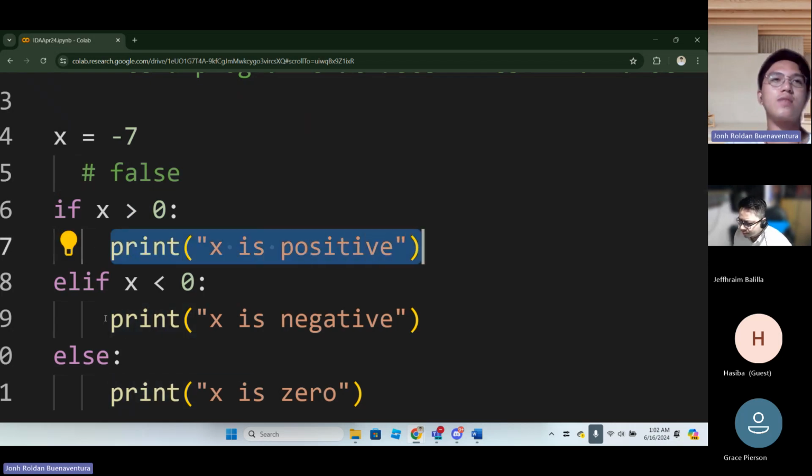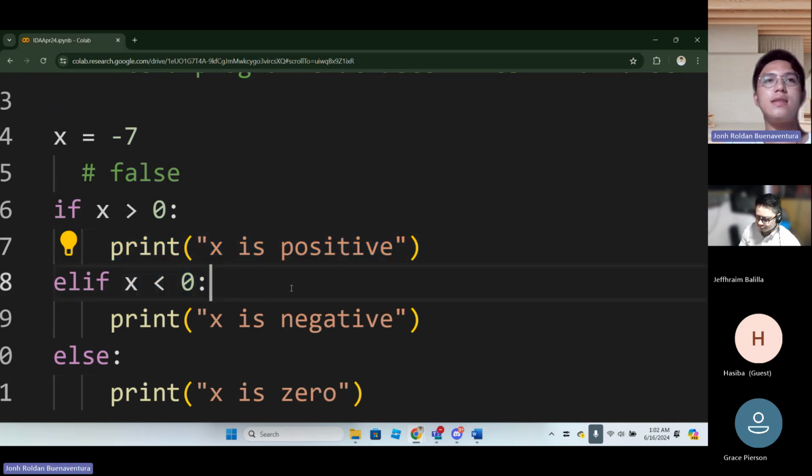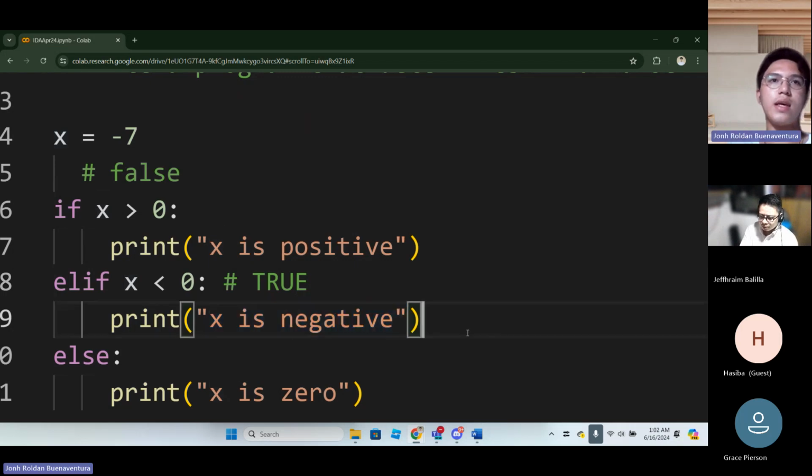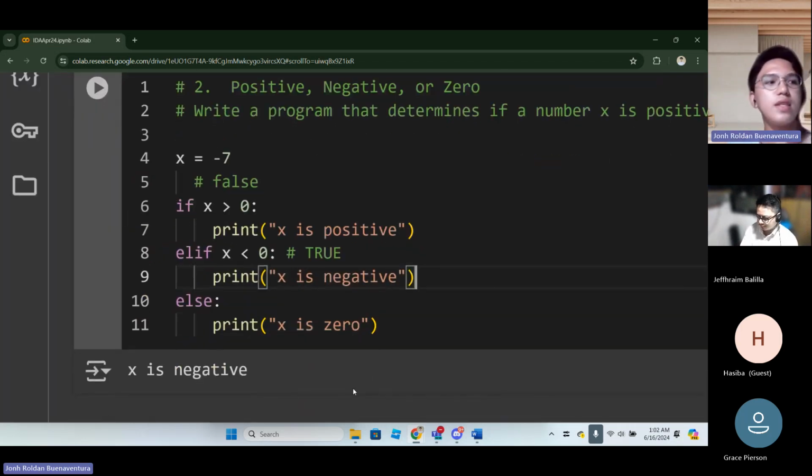It will proceed to the next part, and it will ask, is x less than 0? -7 is less than 0. So that is true. Therefore, this part was executed. X is negative. So this is correct, Hasiba.